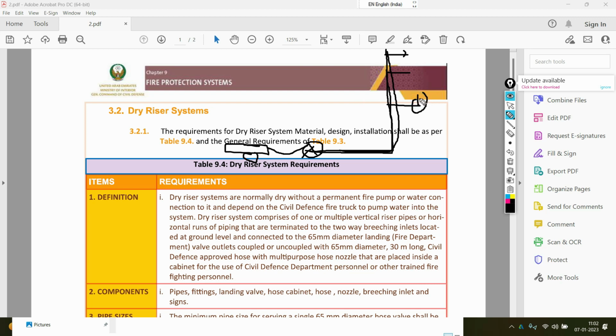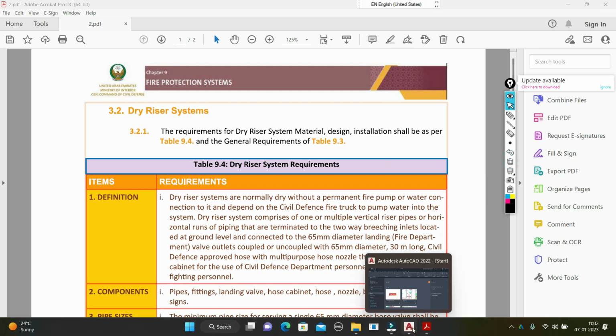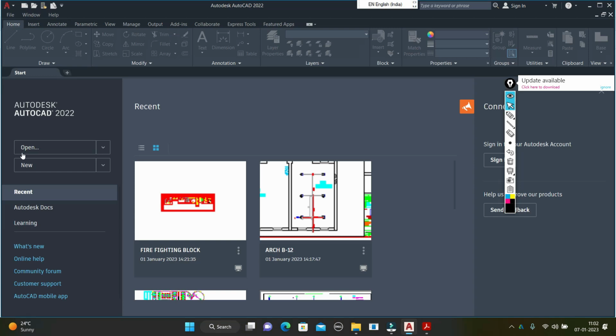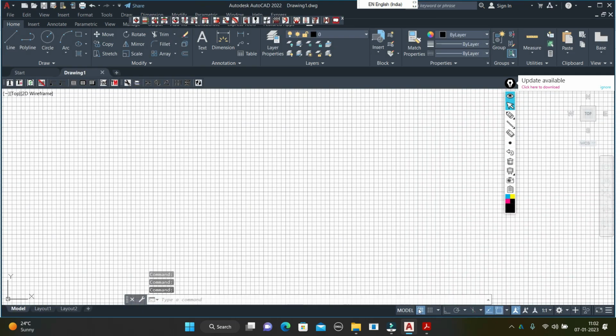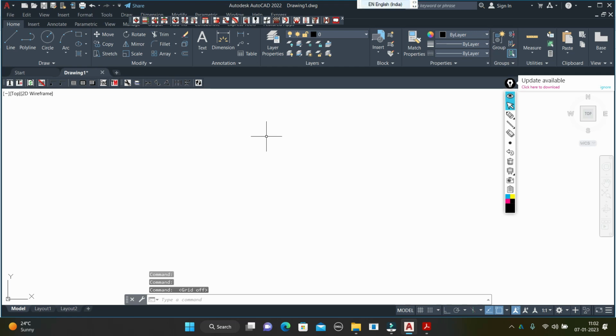So how to decide the riser numbers and how to design the landing valve pipe size, we are going to see. In this video I am also going to explain how to do the drafting along with how to design. So here it is AutoCAD. I open AutoCAD for drafting, and